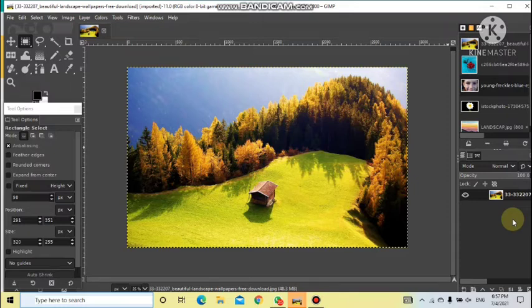Basically, layers are part of the images, or you can say transparent sheets kept on top of each other. Like on one sheet you have drawn a house, on another you have made a tree, then on top of that you have made some mountains. If you place all those three transparent sheets on top of each other, through those sheets all three images will be visible to you. In the same way, to make editing simple, we place things on different transparent sheets, and those transparent sheets in GIMP are known as layers.